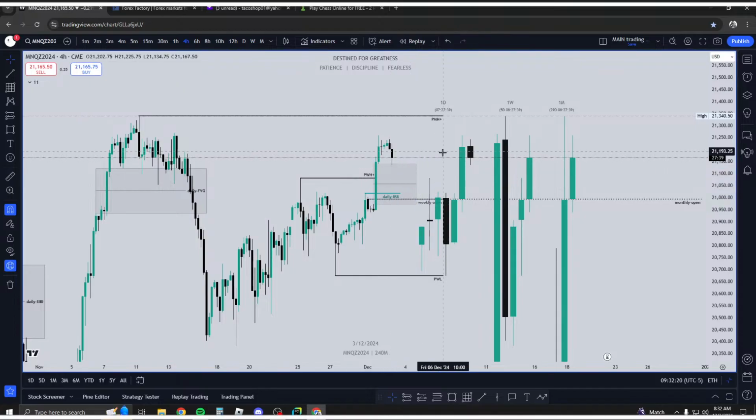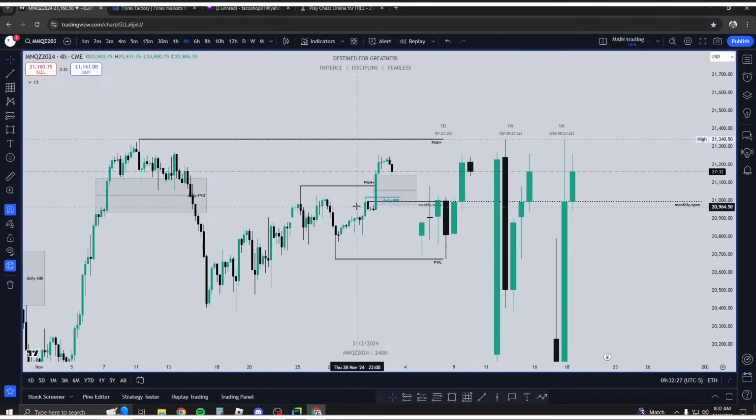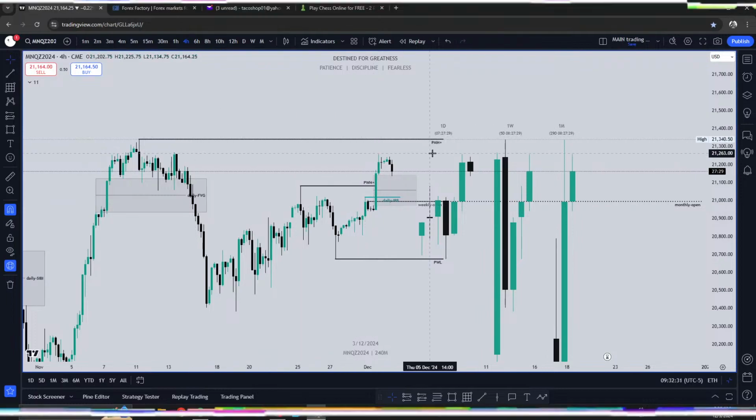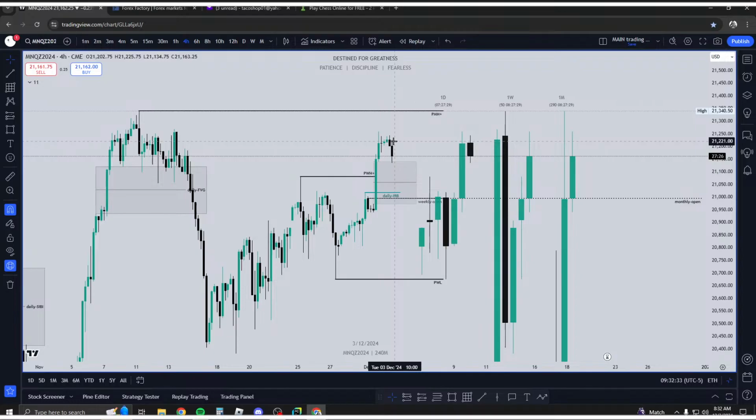The higher time frame objective relative to this daily model, there isn't one. I can't base my trade here on anything. This is just a model, but there's no higher time frame objective to this daily power of 3. There's no weekly high, we have already completed the weekly high. The monthly high, and so monthly down to daily, I don't really want to do that. I would rather have it from the monthly to the weekly, not monthly to the daily, if you guys understand the proportionality of the markets here.